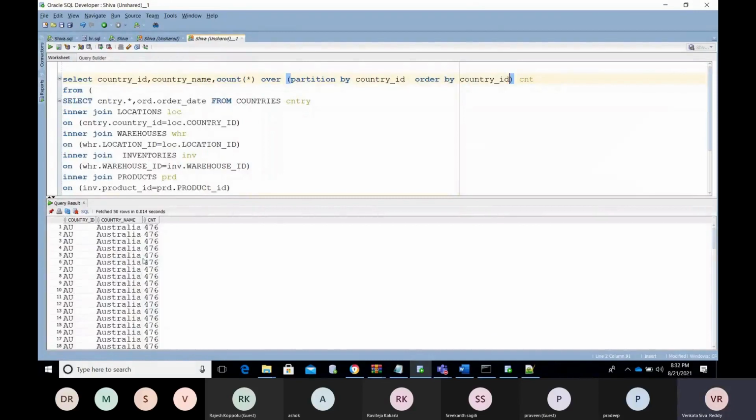Who is getting the maximum count and all those things, you are not able to get here. You have the count, who is getting how much, but you don't have any ranks here. Okay, in this case